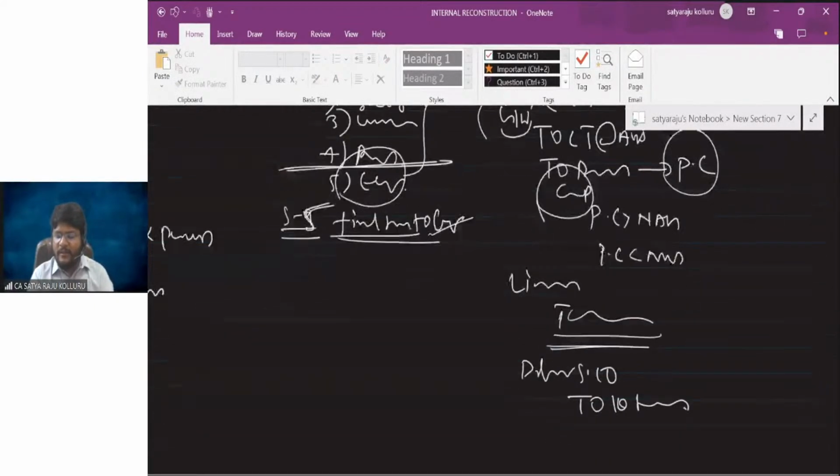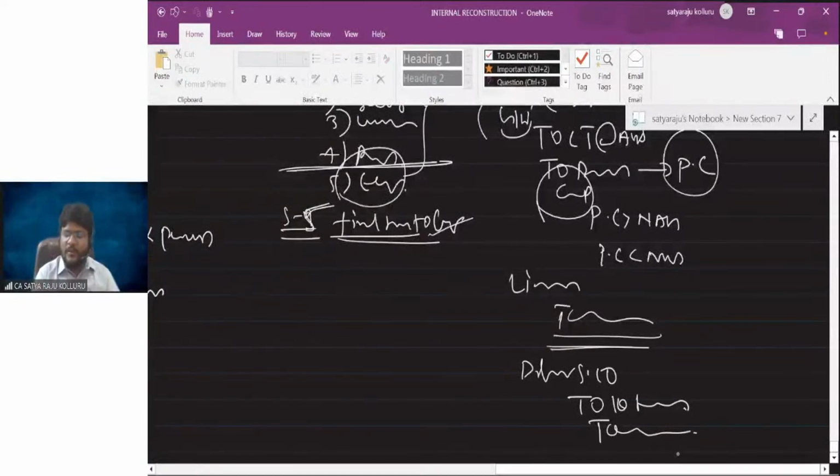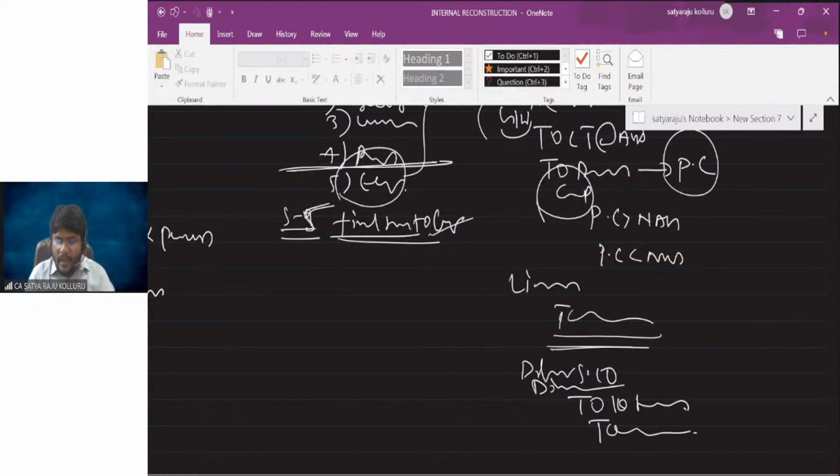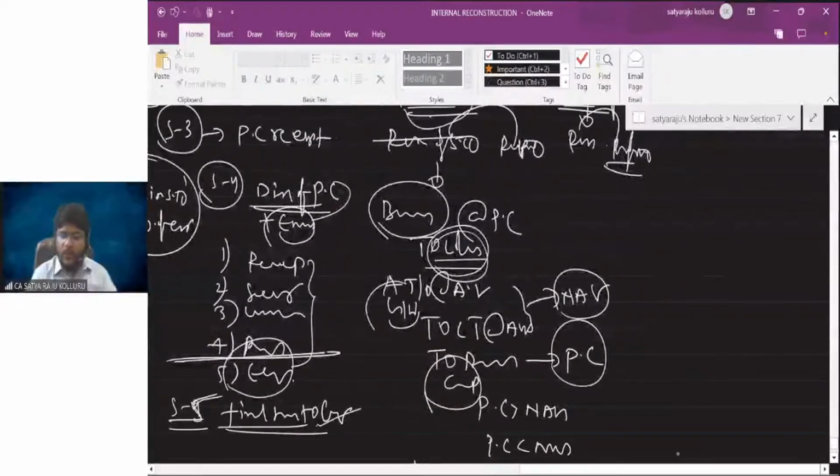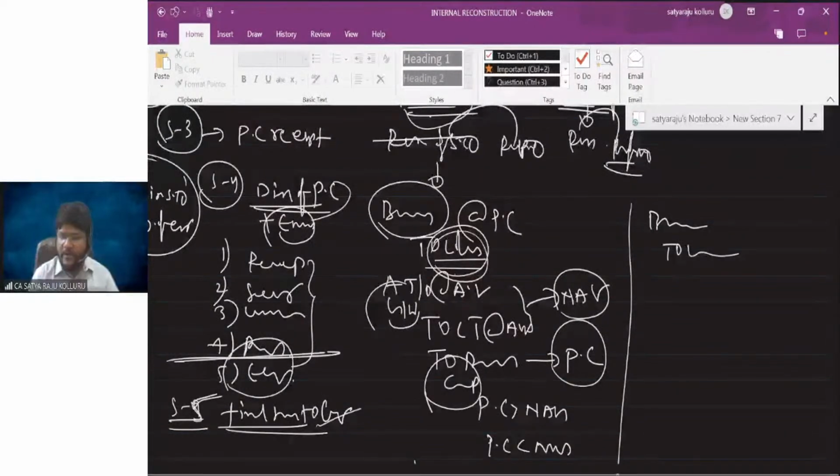If these debentures are issued at a premium, then securities premium, and if these debentures are issued at a discount, then discount on debentures also you need to work out. Then if it's the same case in the pooling of interest method, what you need to do is pass the first entry as usual, business purchase to liquidator of selling company.